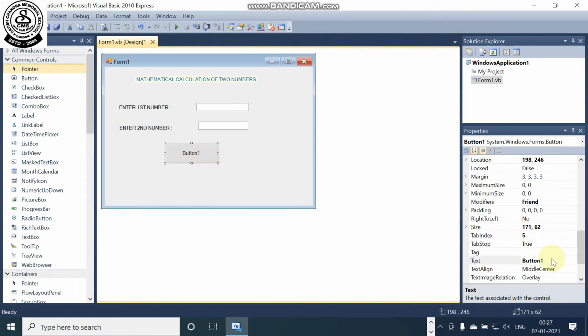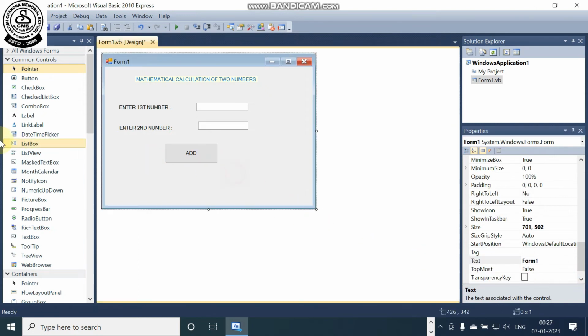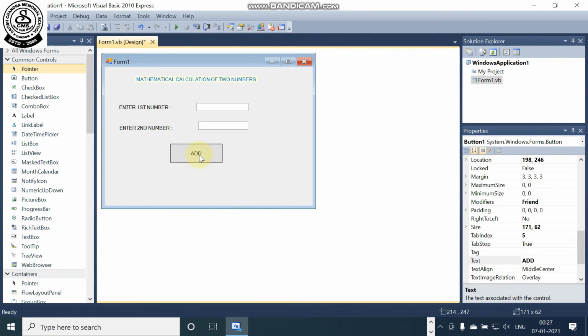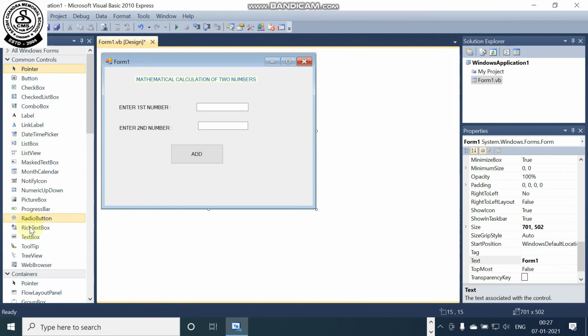So we will click on the button and go to the properties, and here we are writing Add. That means we will add. After that, when the addition is done, we can just change the position of the text boxes. When the addition is done, it will be shown in the text boxes here only.